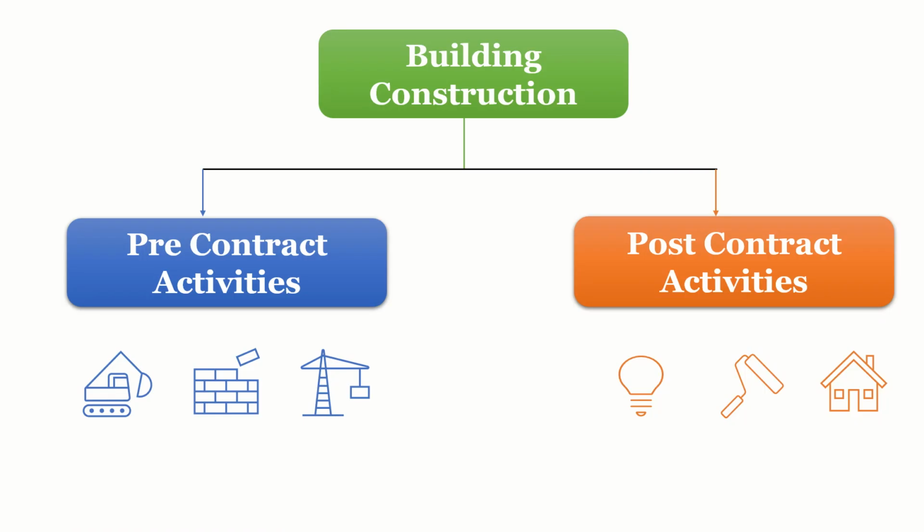process. So one has to remember that building construction activities are divided into two major groups, that is pre-contract activities and post-contract activities. Basically, pre-contract activities refer to activities before a contract is made for the construction of the works, and the latter, that is the post-contract activities, refers to activities after a contract is made for the works construction. So in this video we will discuss the pre-contract activities, and in the next video we will discuss